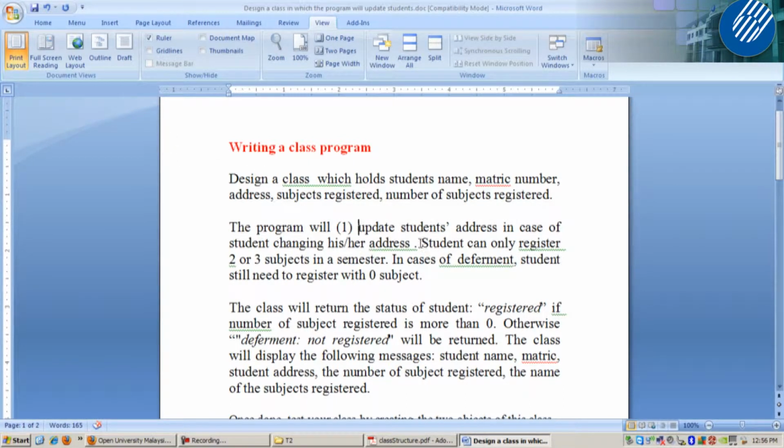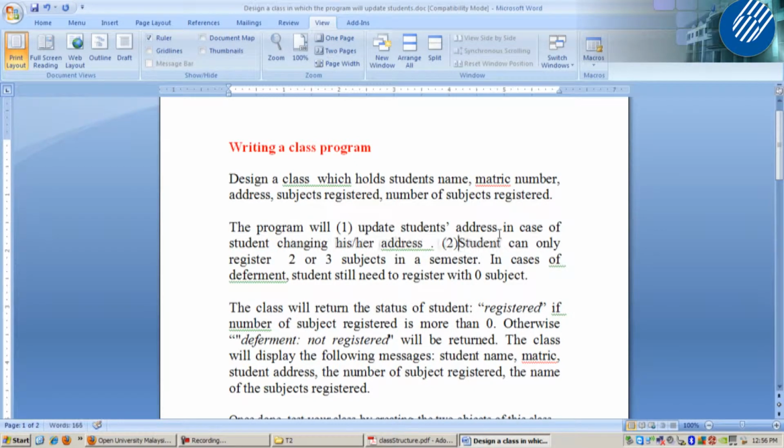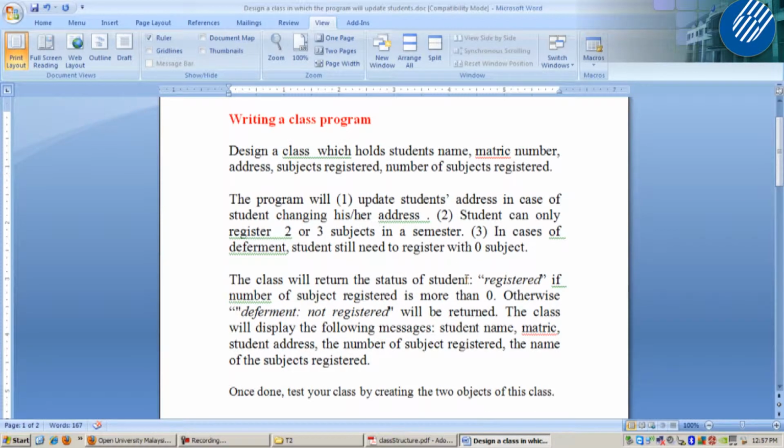Student can only register 2 or 3 subjects. That is 2. In cases of deferment, students still need to register with 0 subject. This is 3. The class will return the status of student. This is an action, right?